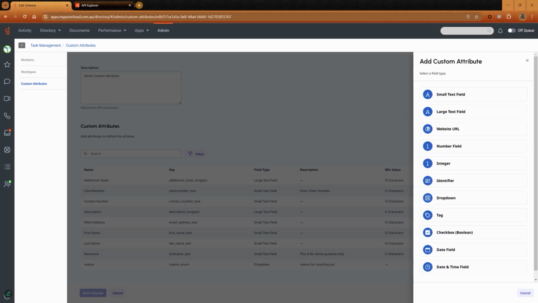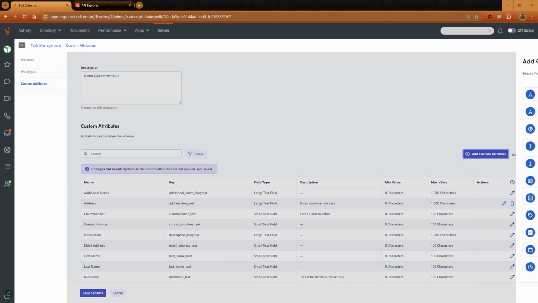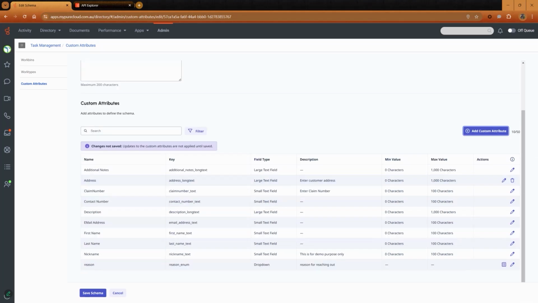For this demo, let's use large text fields. I'll give this field a name. We can call it address. Notice the field key is a system-generated field. You are able to edit the key field. However, Genesys recommends leaving the key field as is. You can add a description, and notice the large text field type allows me to enter a maximum of 1,000 characters. I'll click Add to add the custom attribute. Before I click Save,